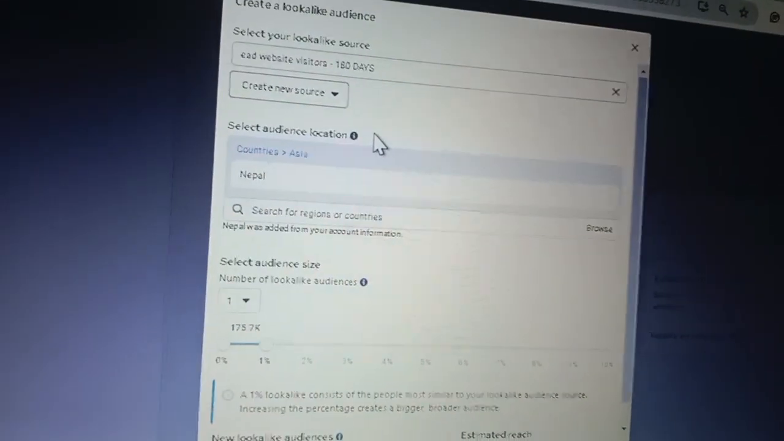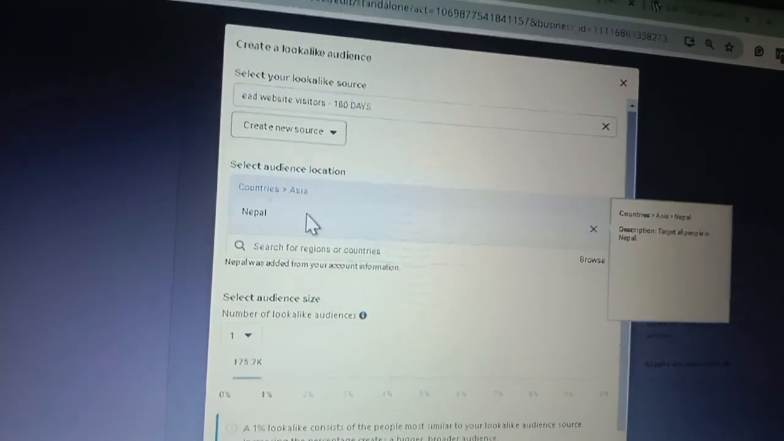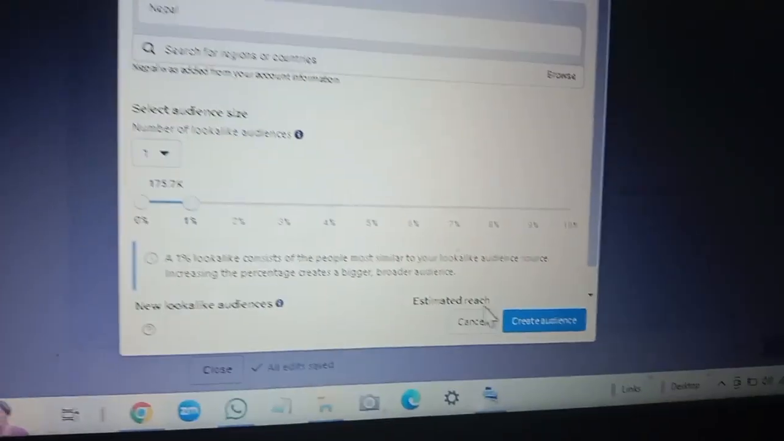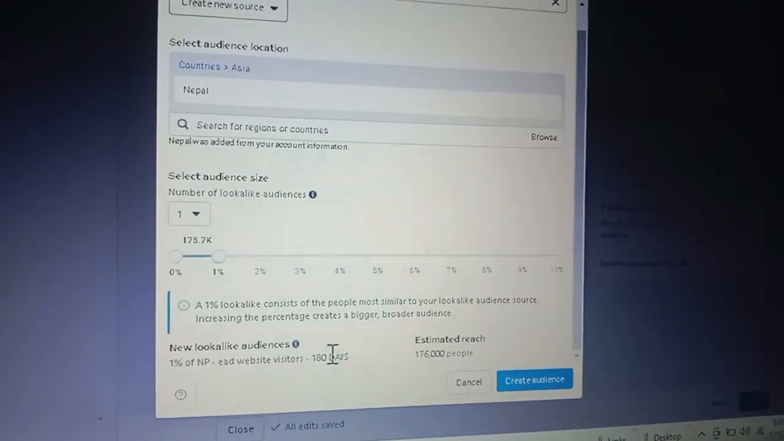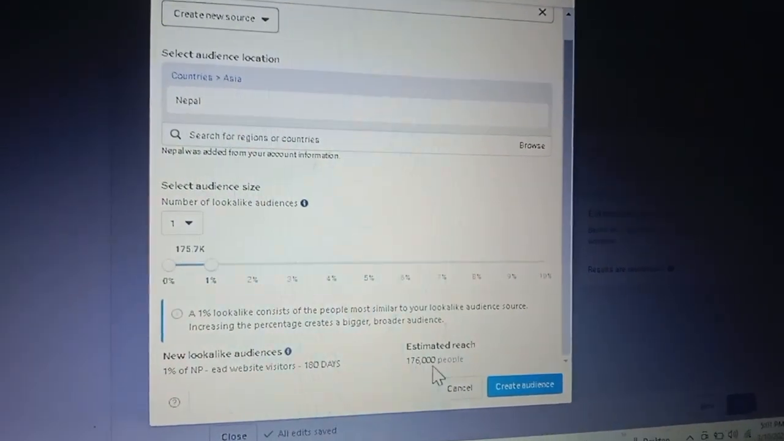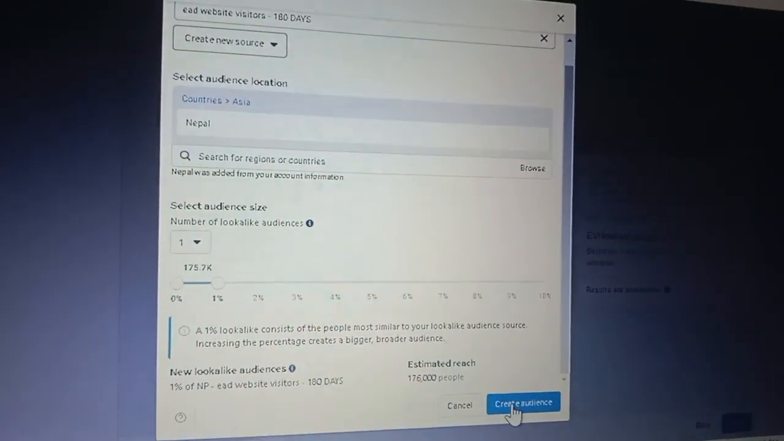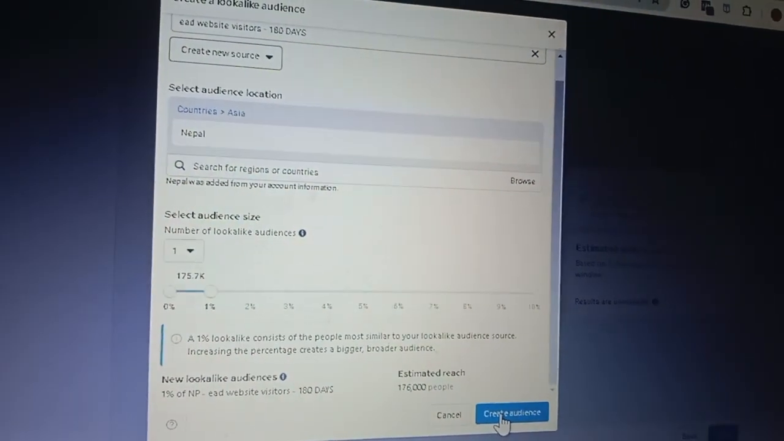And what we do is you can also search your location, and here's my location. You can also see the estimated reach being shown here. And now we are going to hit create audience. And when you hit create audience,